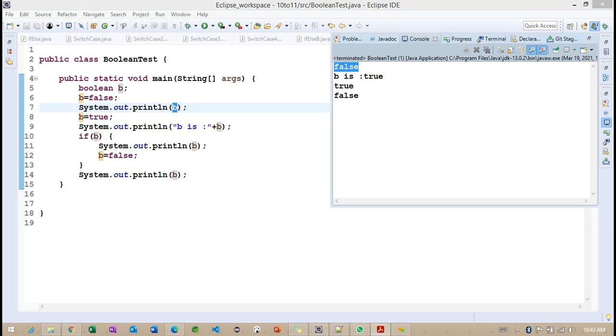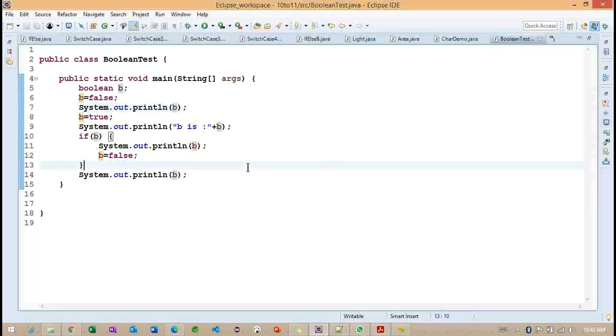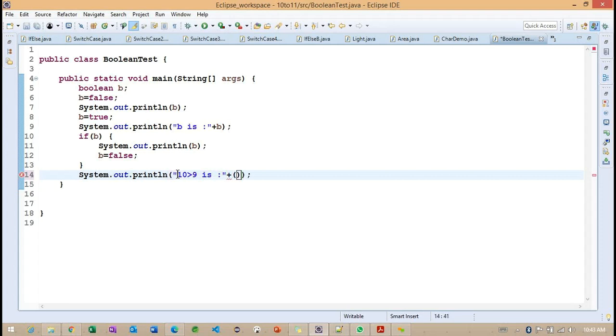Okay. So here, I want to provide one more condition. We identified b is equals to false. One more condition I want to provide here. So carefully observe line number 14, where I'm trying to add one more logic: 10 greater than 9. I want to add some message initially, and later I want to check 10 greater than 9. So can you please answer what value we are going to get at line number 14? Only line number 14.